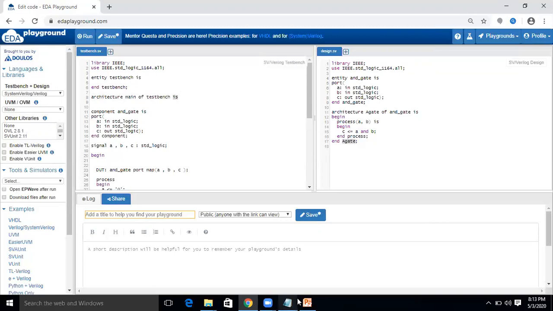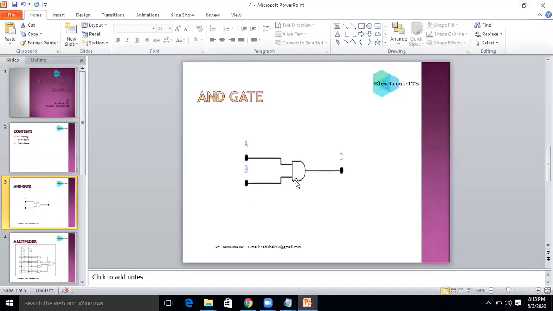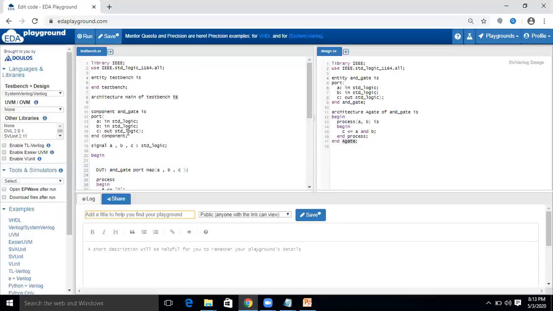Now in the design we are using only one gate, therefore we have only one component, which is the AND gate, as we have defined in our design code, and_gate. The same component we are using here as a component. Then the keyword is, and then the keyword port.